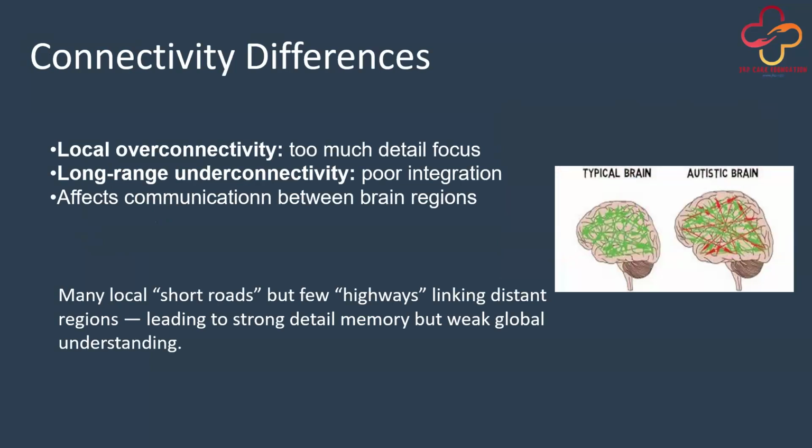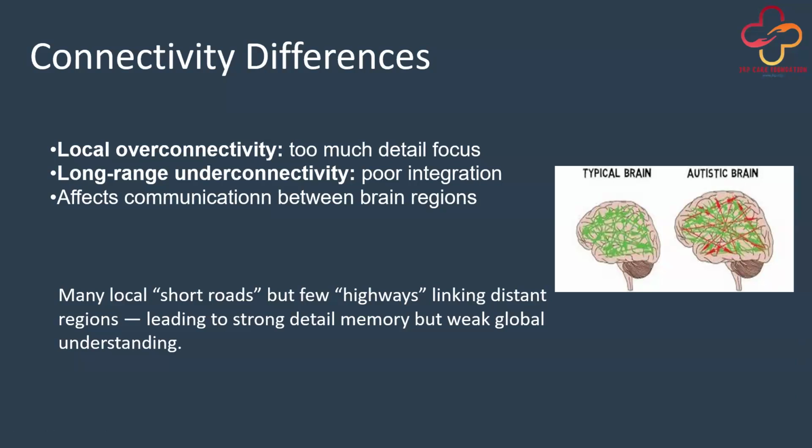What is the connectivity difference? We have seen in the last session, I guess, that a typical brain has set patterns of neural connectivity, but those patterns are developed in a formal way from our experiences and learnings from our environment. But in an autistic brain, some connections are built up differently. I will not call it wrongly, but differently. In the image, the red lines are the differently built neural connections.